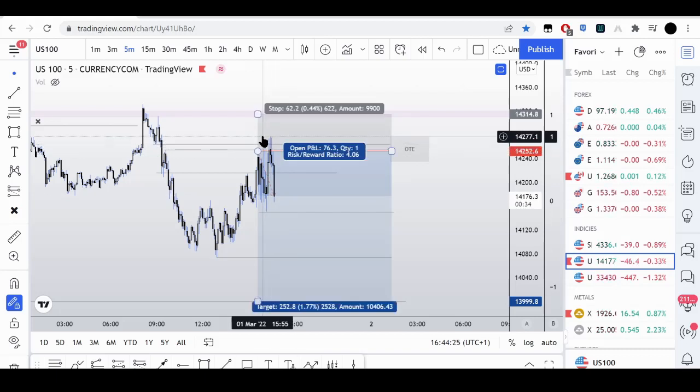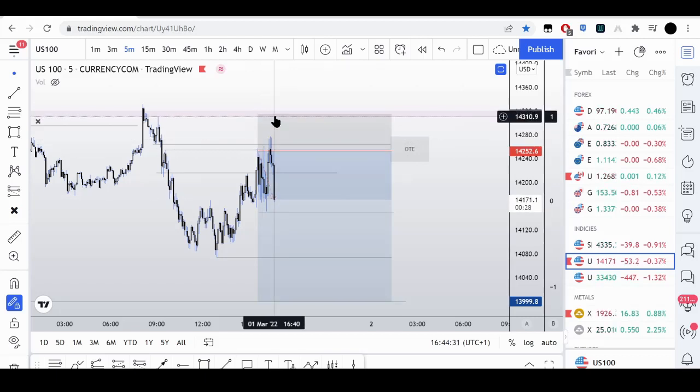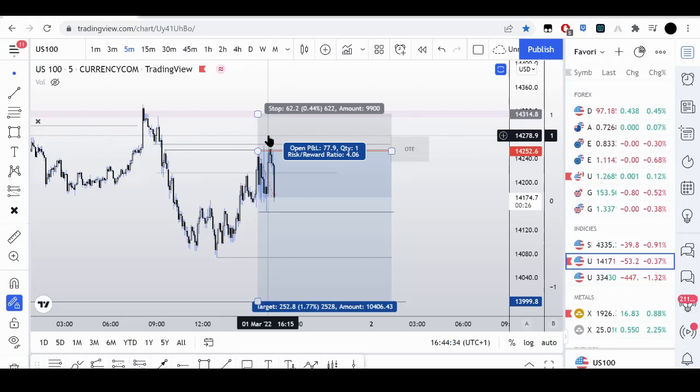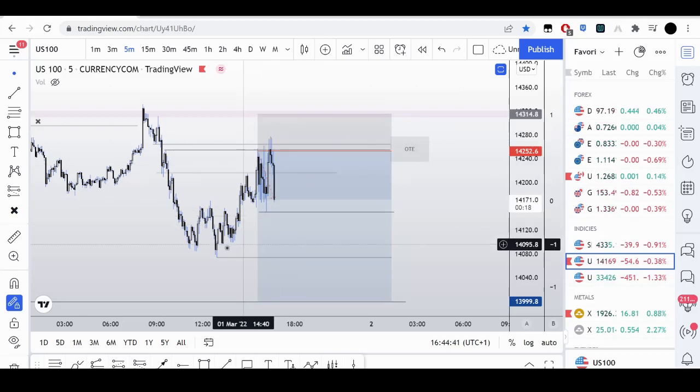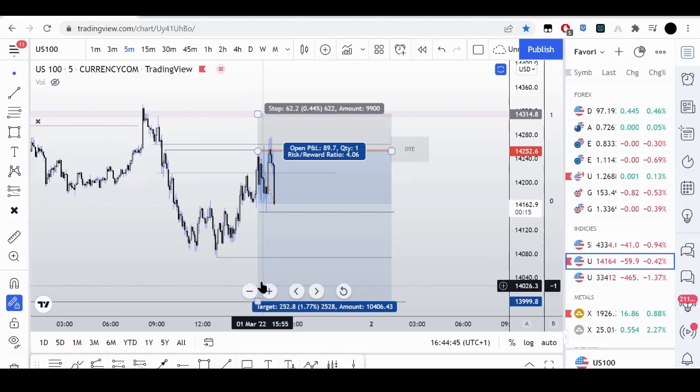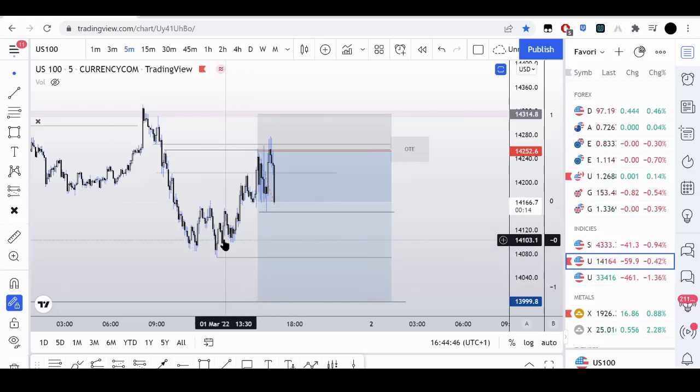This should be the top. So if I was to move my stop right now halfway, I believe that my stop would be safe, and if it takes it out, then it's most likely going to run, you know what I mean? I don't really think it should come up above this. So what I'm going to do is, once we take out this low, I'm going to move my stop here above this high, and then I'm going to aim for the same targets that I have. Okay, so I could go ahead and do that